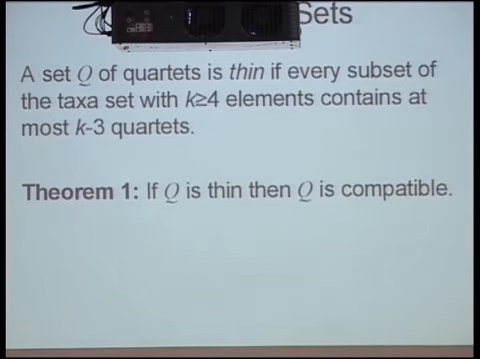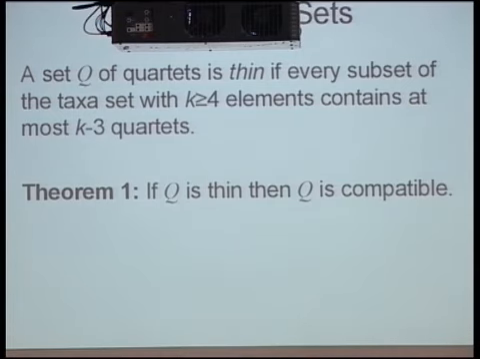The result that I proved is that if a quartet set is thin, then it is compatible. That is a very easy statement. The proof is not quite so easy. It is maybe three or 4 pages long. This is somehow an interesting result about quartet compatibility, but the main reason why I think it is interesting,